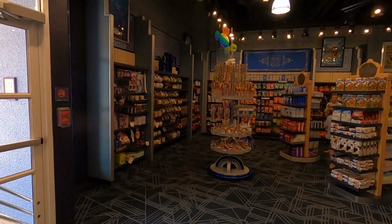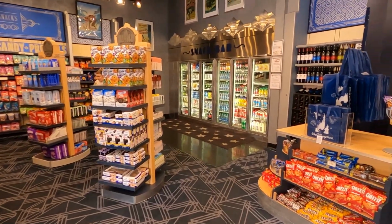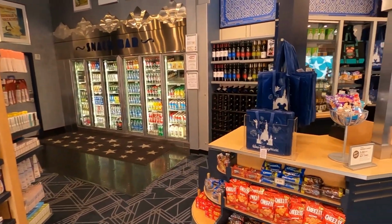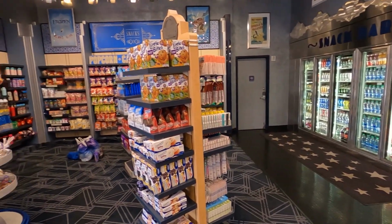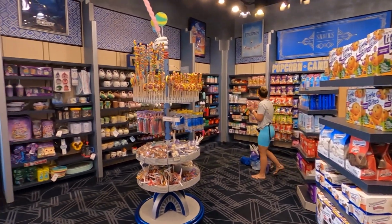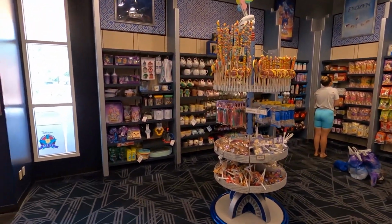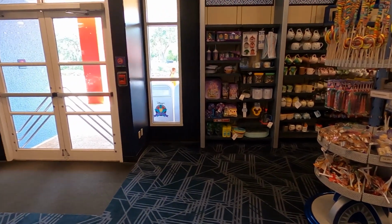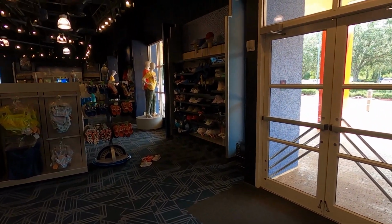And because this is the All-Star Movies, it shares the gift shop and the actual general store like most of the resorts on property. So you've got your drinks, you've got your snacks, your pastries, all that stuff. You've got your alcohol, your sun products and stuff like that. You still have your candy back here, so you do have some gift items mixed in with the general store area. And then coming back around, you've got your hat section,